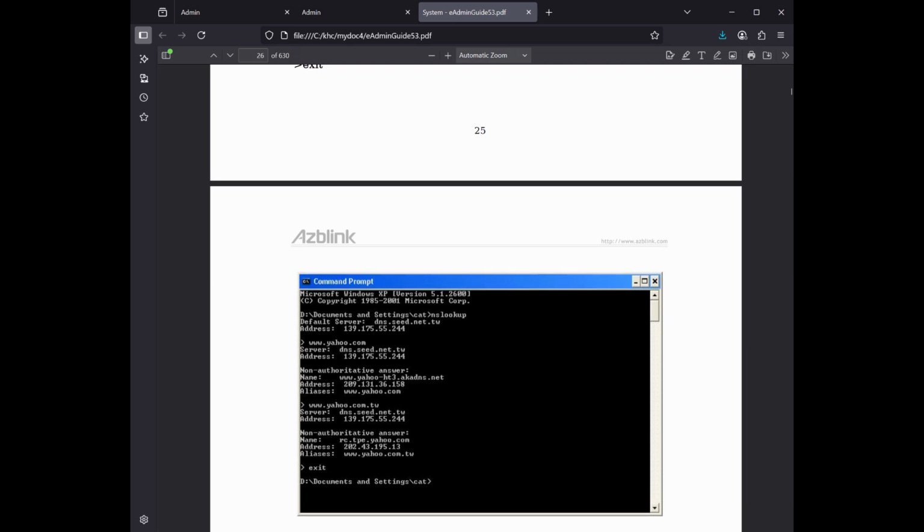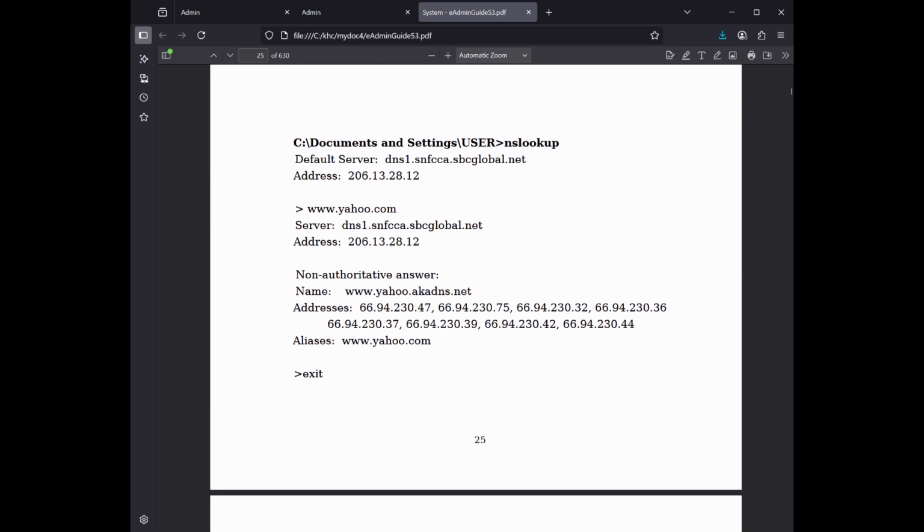Addresses: 66.94.230.47, 66.94.230.75, 66.94.230.32, 66.94.230.36, 66.94.230.37, 66.94.230.39, 66.94.230.42, 66.94.230.44. Aliases: